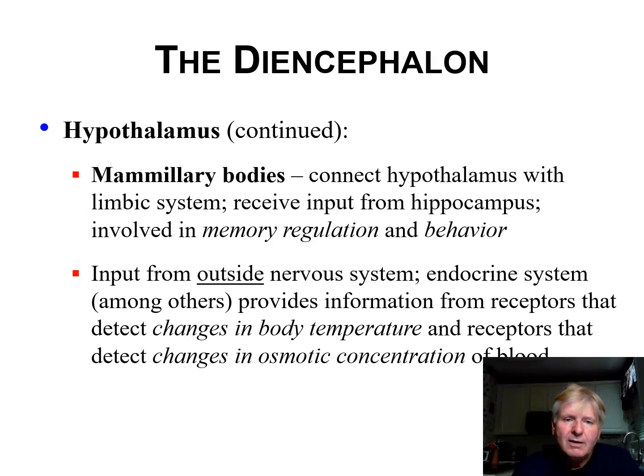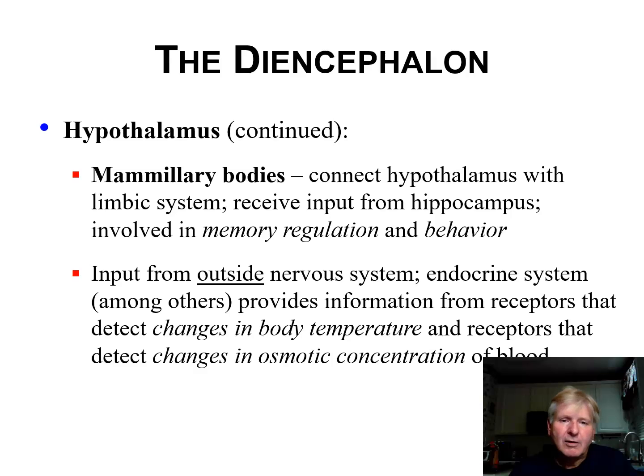The mammillary bodies connect the hypothalamus with the limbic system, and they also receive input from the hippocampus. So they're heavily involved in memory regulation and behavior. Input from outside the nervous system, from the endocrine system, provides information also from receptors that detect changes in body temperature and receptors that detect changes in osmotic concentration of the blood. So they're called osmoreceptors. So the osmolality of your blood is regulated by